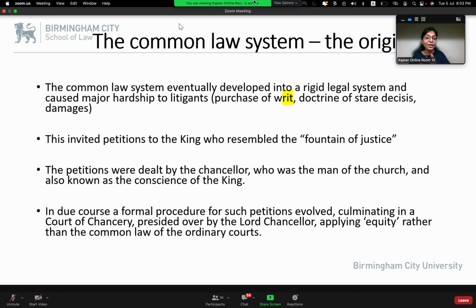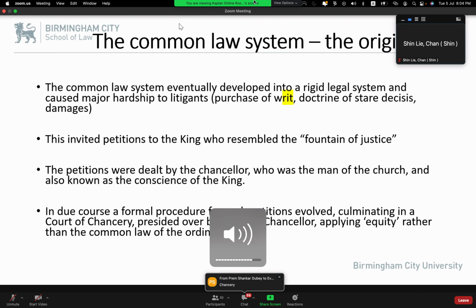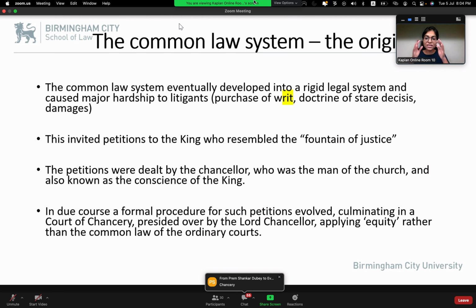He did not apply common law, because common law is so rigid. You've already developed the law, it's stagnant there. So the Chancery Court looked at the merit of each case and gave a decision. Now you tell me, which court will be more popular? Common law or the Chancery Court? Chancery. The Chancery Court became more popular over time. So this resulted in conflict, which we will discuss after the break. After the break, I'll tell you what has happened with the conflict, and the courts that we have today.